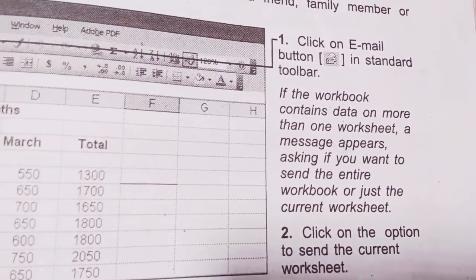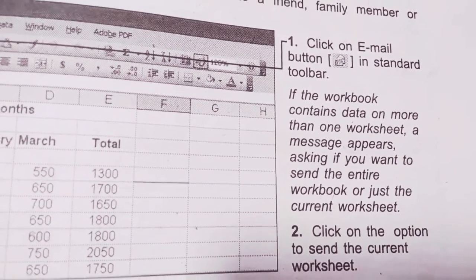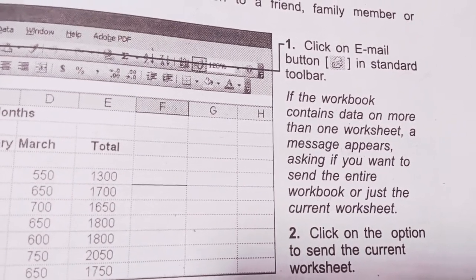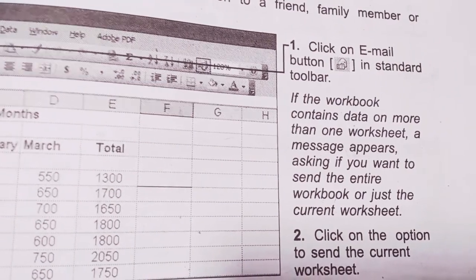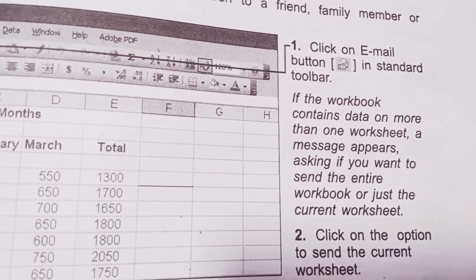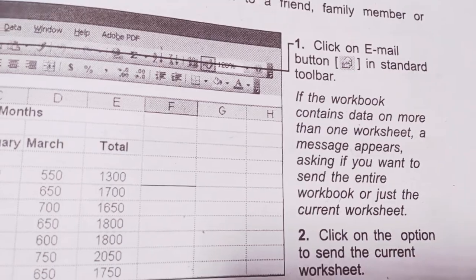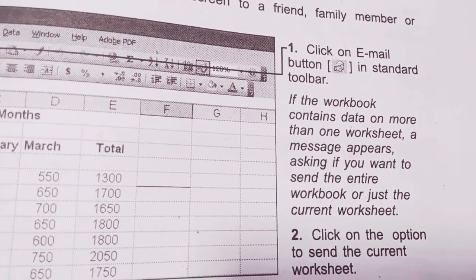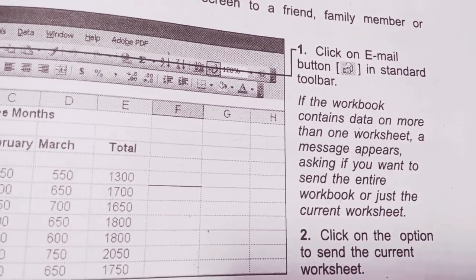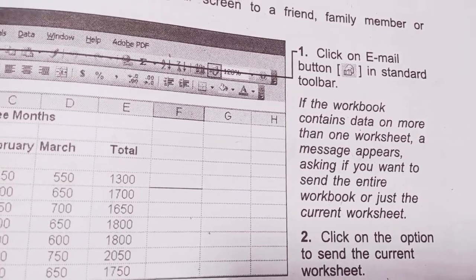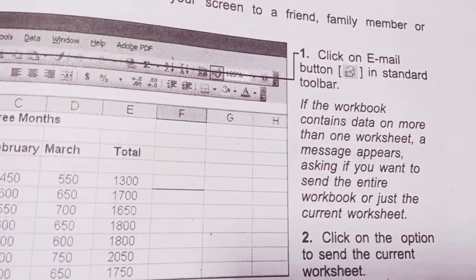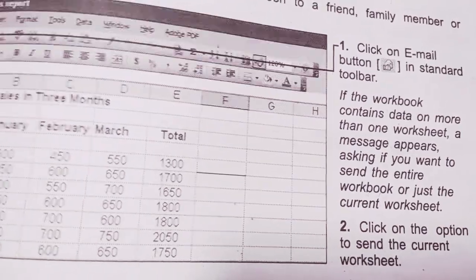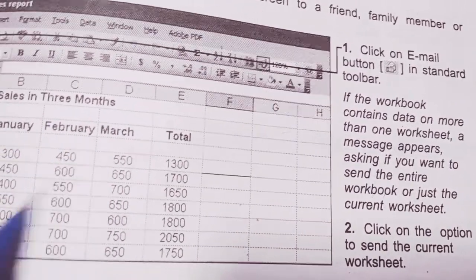A workbook has by default three worksheets: sheet 1, sheet 2 and sheet 3. A worksheet is only the page where we create our chart, like this. Here we create our chart.